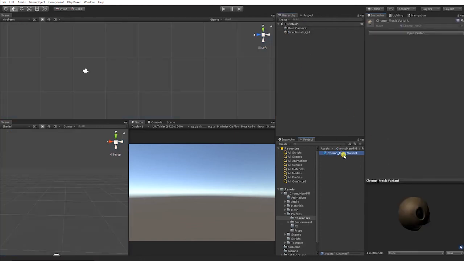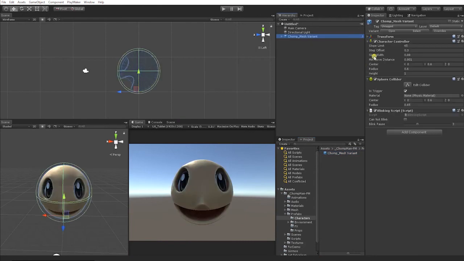Save the prefab, and by dragging it into our scene, we can now see our character has both the character controller, spherical trigger collider, and the blink script. That completes our player character setup. In the next video, we'll set up our enemy characters